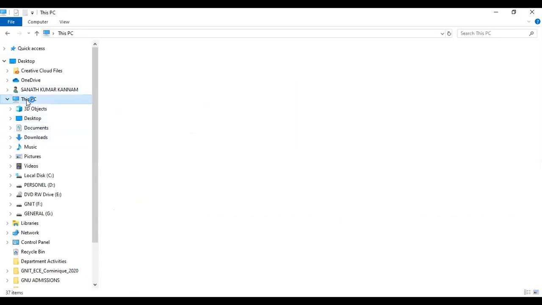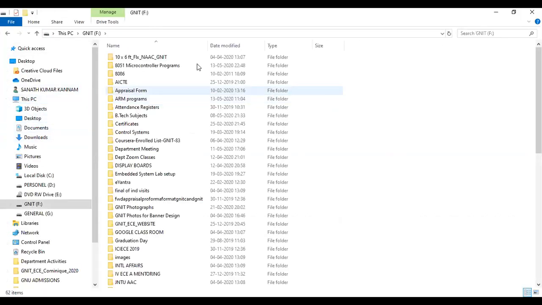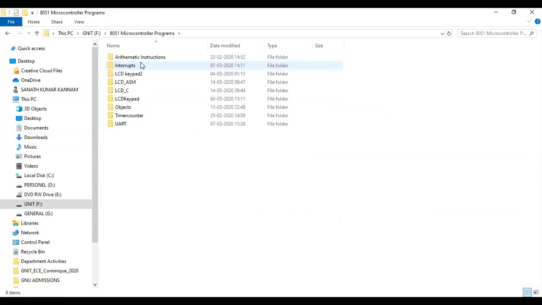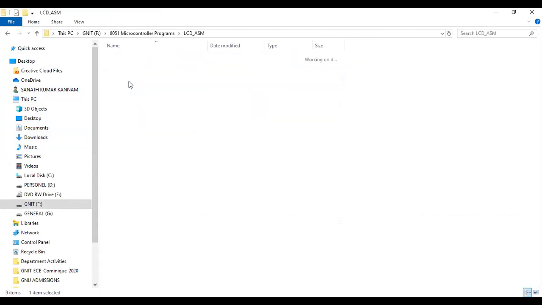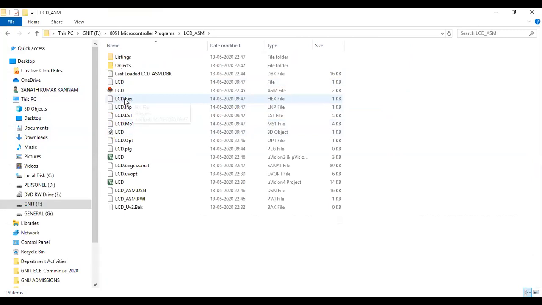My hex file is created in the GNIT folder, 8051 programs, LCD ASM. Here my hex file is there, lcd.hex. This program I want to implement in the Proteus software. So this hex file I want to load in Proteus simulation software. I will show you that.